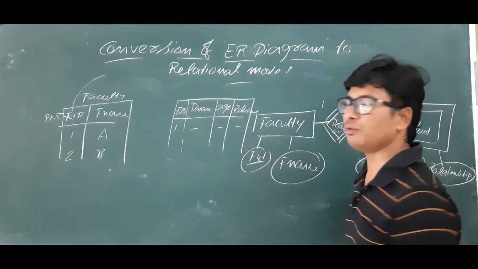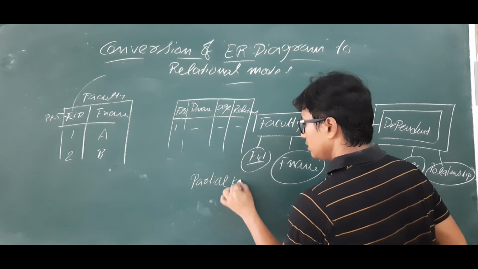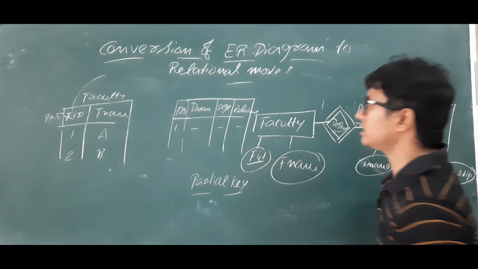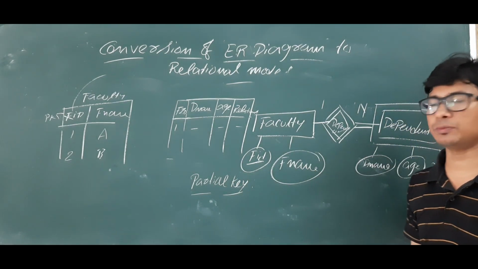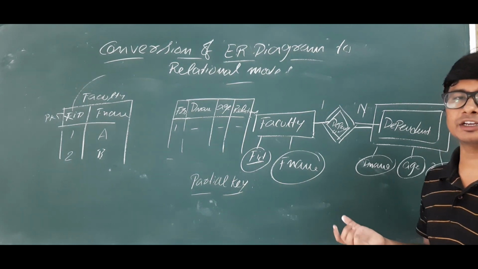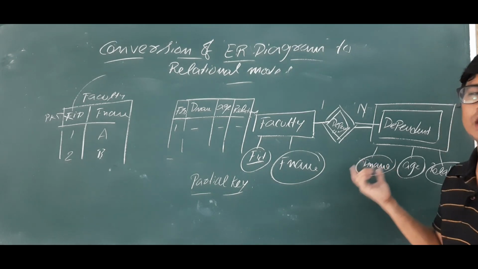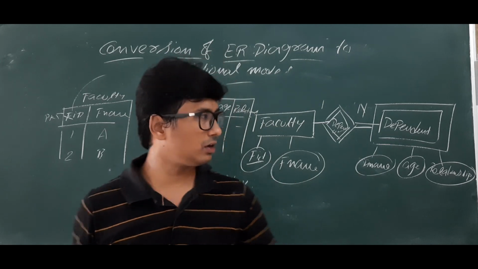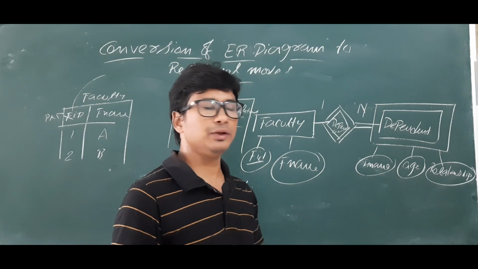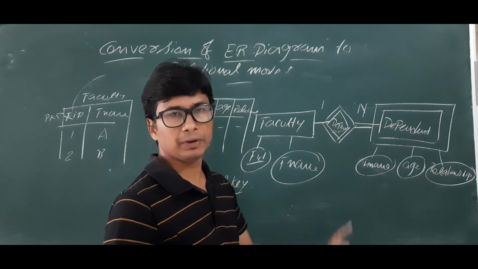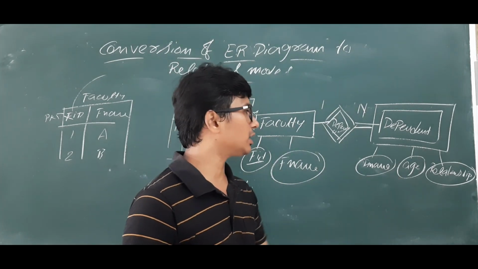First, to understand which one is the primary key, let me tell you what a partial key is. In a weak entity, as it does not have a key attribute, we will have a partial key. Using the dependent name, I cannot uniquely identify one dependent. Am I right or wrong? So that's why dependent name is not a key attribute. Using the relationship attribute, I also cannot uniquely identify a tuple, so it is not a key attribute either.